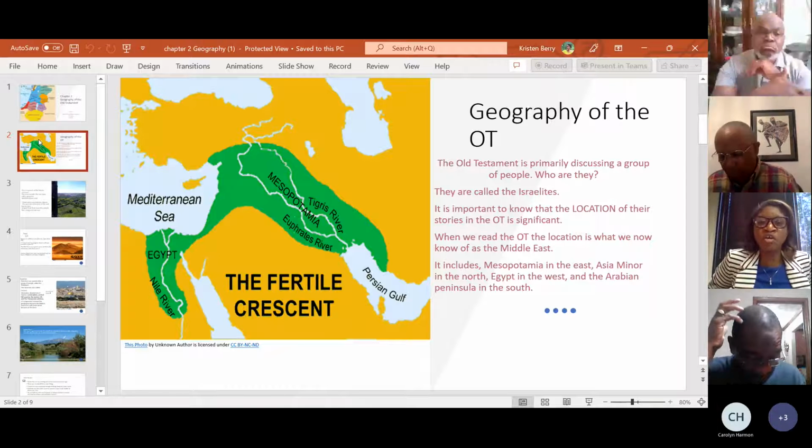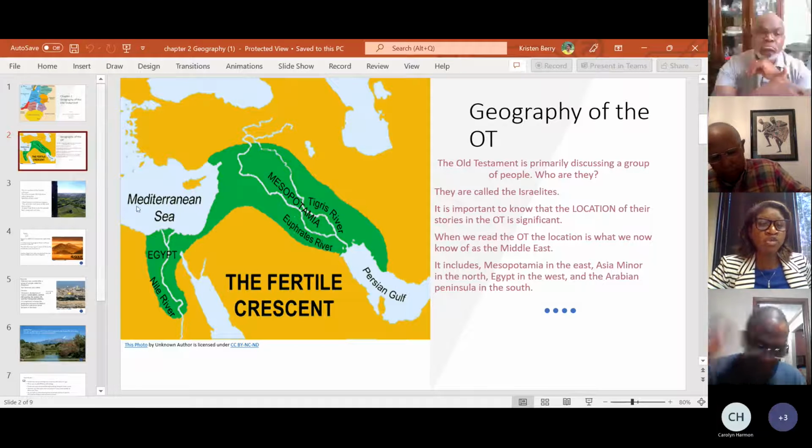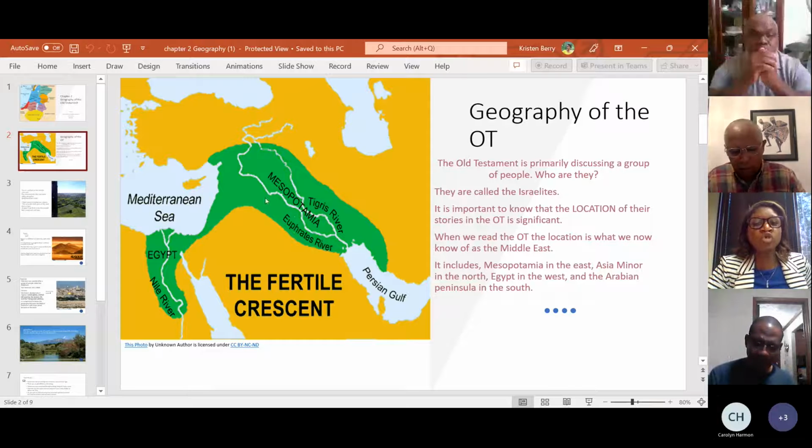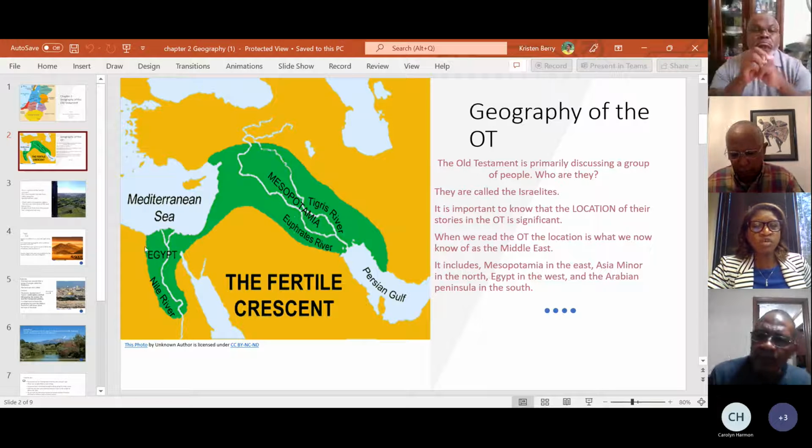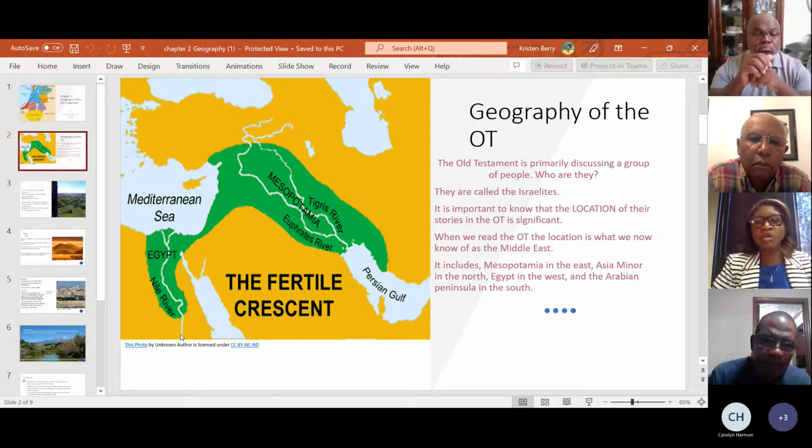When we talk about geography, as the narrator said in our video that we just watched, pay attention to water, pay attention to the rivers. We said this earlier: Tigris, Euphrates. We keep hearing about this area even today, Persian Gulf. We talked about Mesopotamia, the Mediterranean Sea, okay? Egypt, this is going into Africa. Nile River, okay?